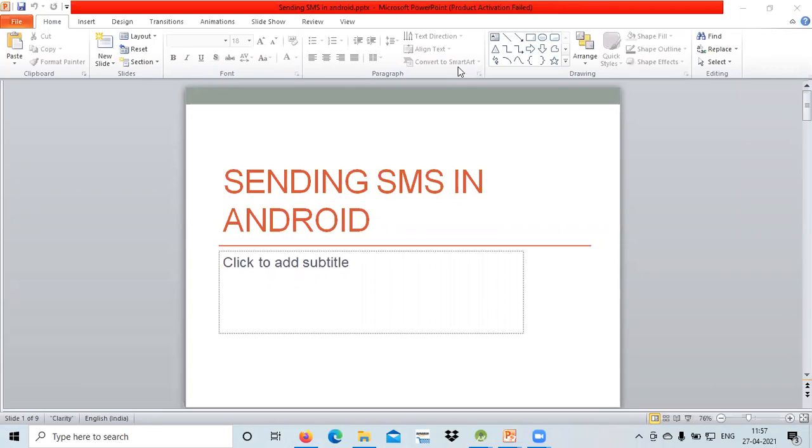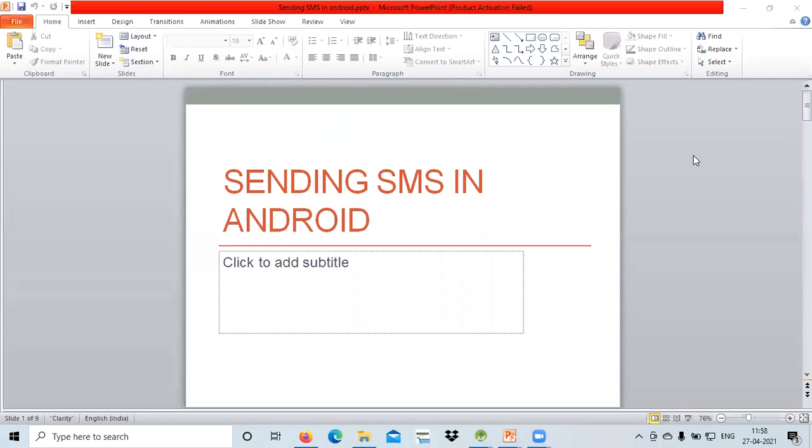So what is the SMS manager API? I hope you understand the term API. It is the application programming interface that gives you all those classes and interfaces that help you use some inbuilt components in any application. Fine. So in this presentation we will discuss the SMS manager API.